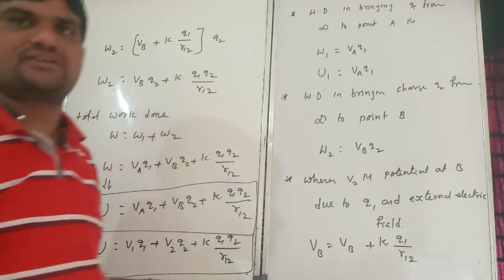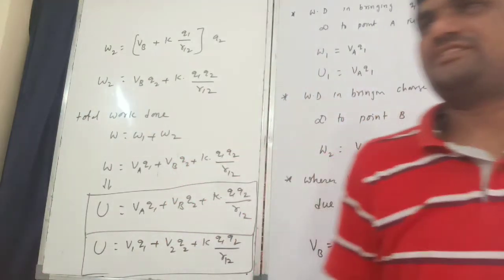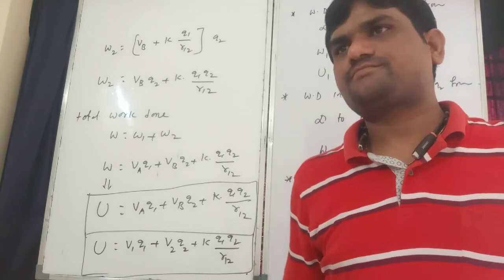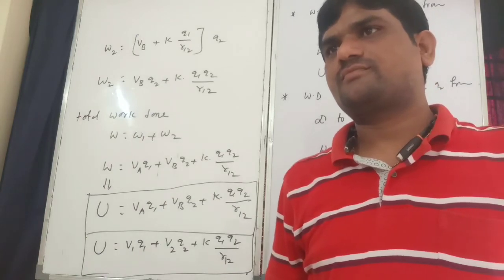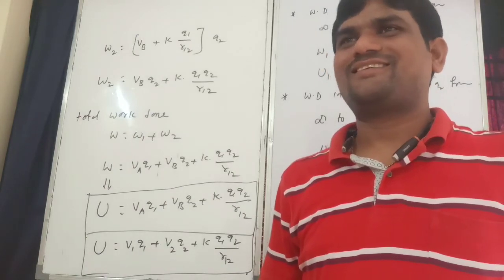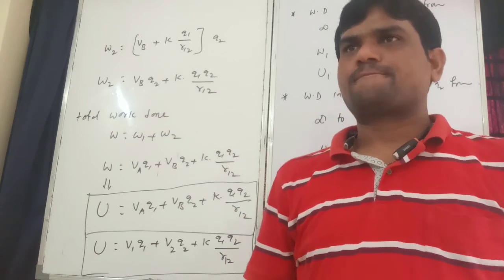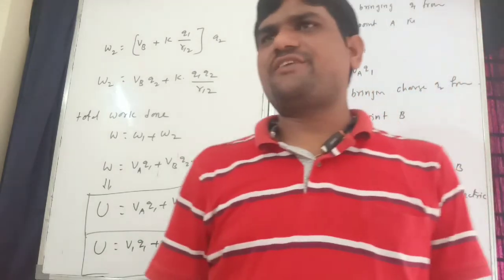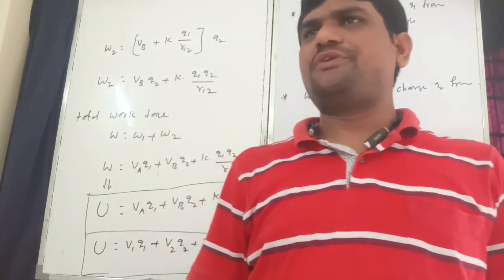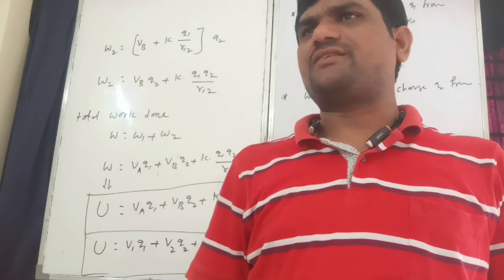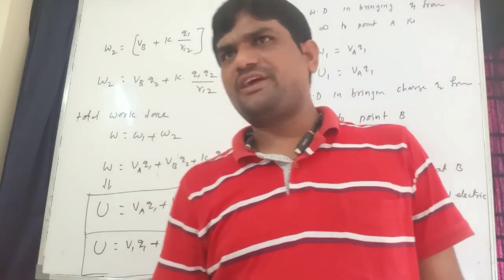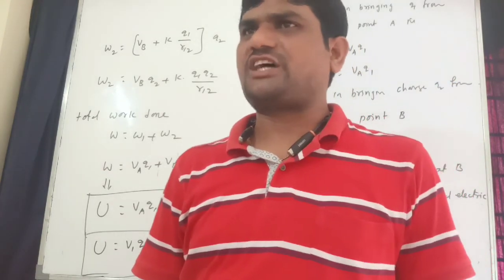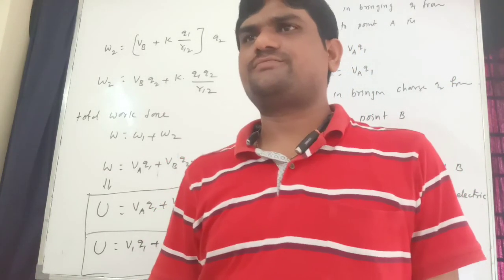I take potential at V1. Right, very good. So potential energy finished. Last, sixth question, what is that? Potential energy is already given in the first chapter. Potential energy U is equal to minus P bar dot E bar. Stable equilibrium, unstable equilibrium, all those things I have given in the first chapter. You have to read it.